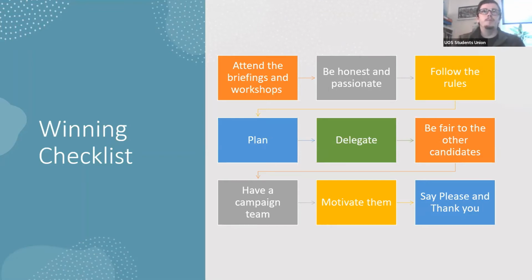But folks, please don't do anything that could be seen as campaigning activity before voting week happens. You can tell a small number of people. I don't think we have a strict limit on how many, but just be sensible about it. You can tell them you're running and ask them to help, and you can start designing all of your stuff. We strongly recommend you start designing all of your materials as soon as you can. But please don't start announcing to large groups of people that you're running.